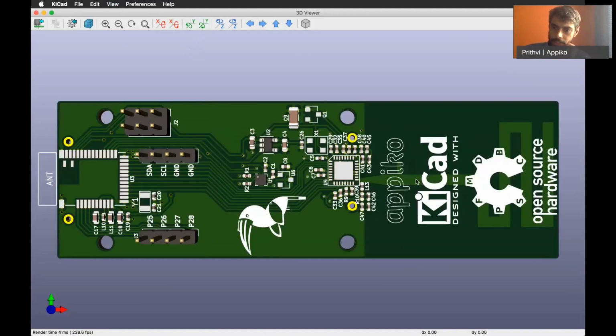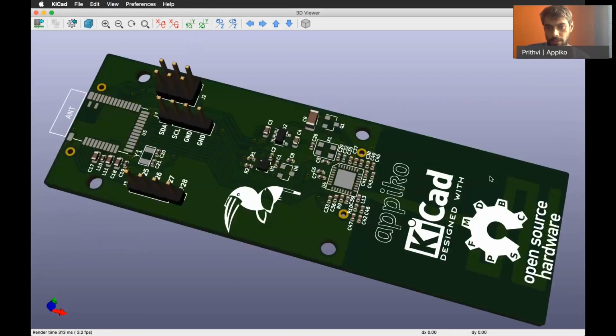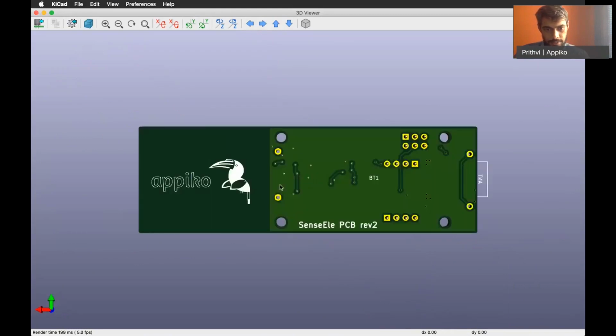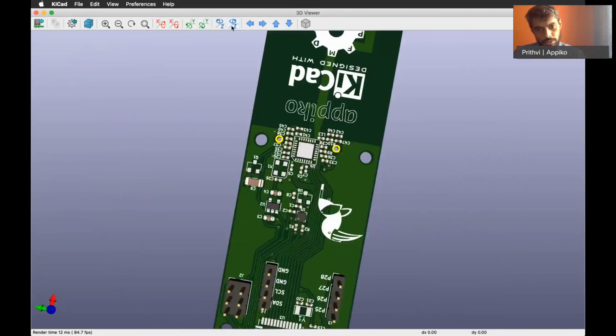So this antenna over here is connected to this CC1175, and as you can see, there is no copper layer below the antenna, but there is a big copper ground layer right after the antenna, and this is critical for the antenna's performance.